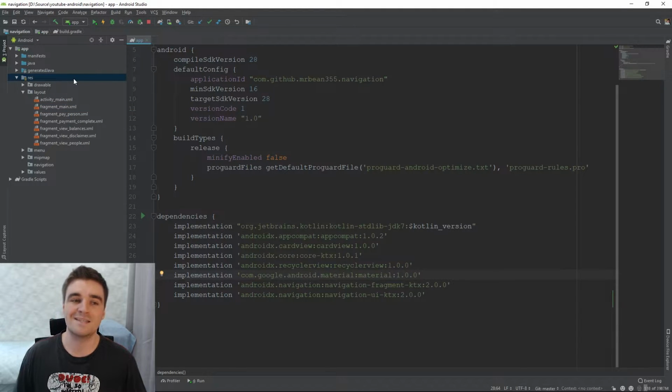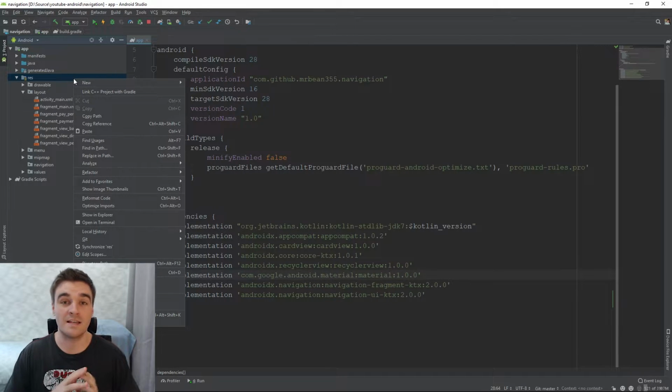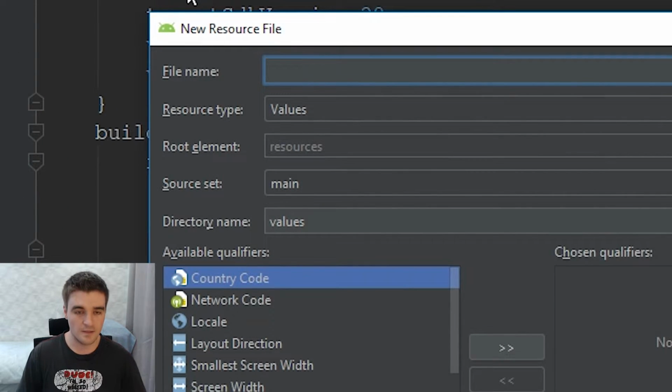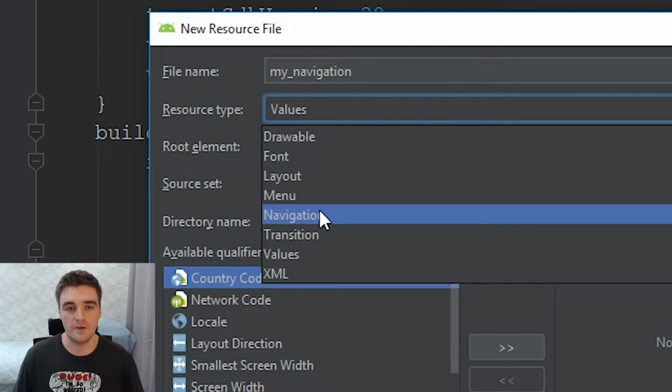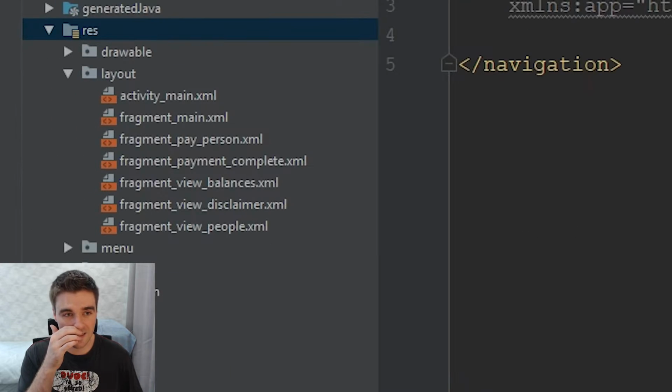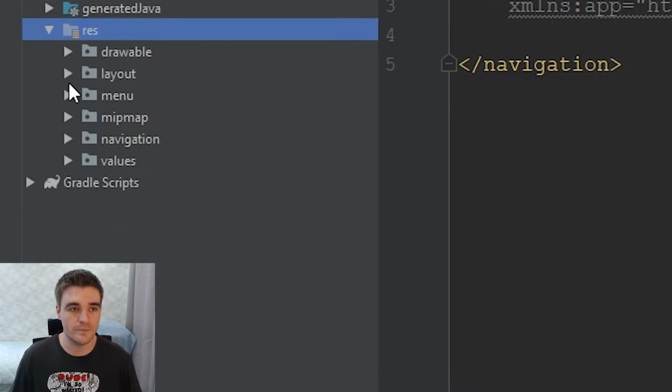And once that's done, our next step is to create our navigation graph, which is basically a representation of the whole flow in the app. So we can right click on res directory, go to new Android resource file, give it a name like my navigation. The resource type will be navigation. Cool. Press OK and it'll go ahead and create a nice little XML file for us over here in the